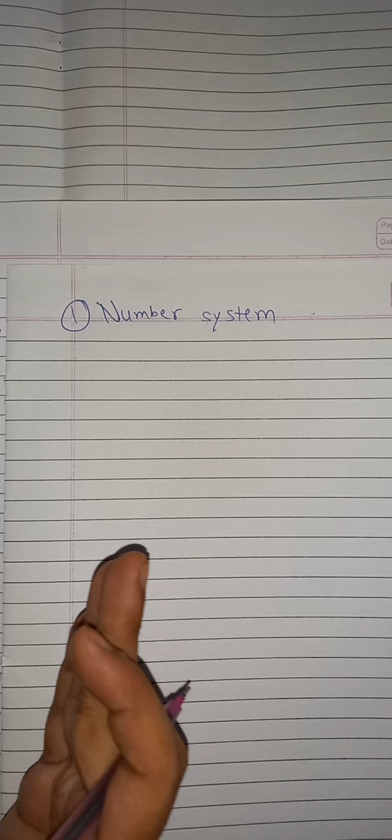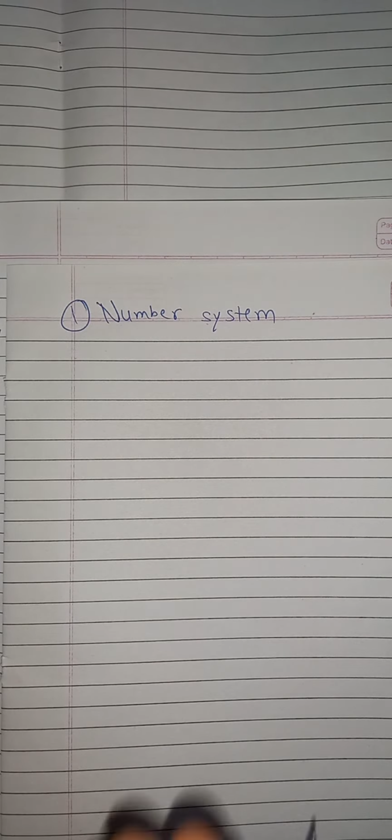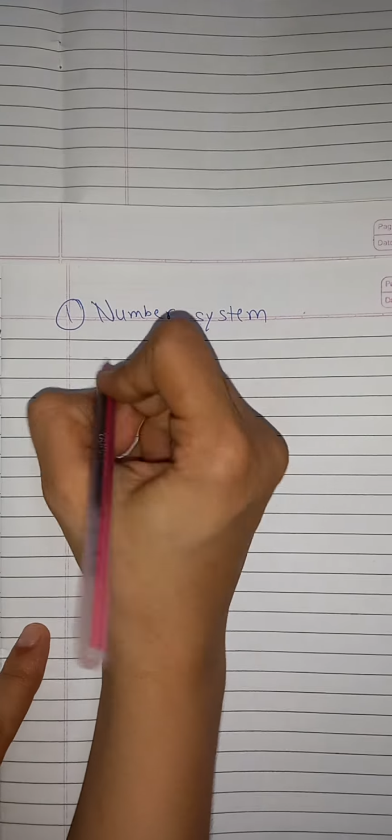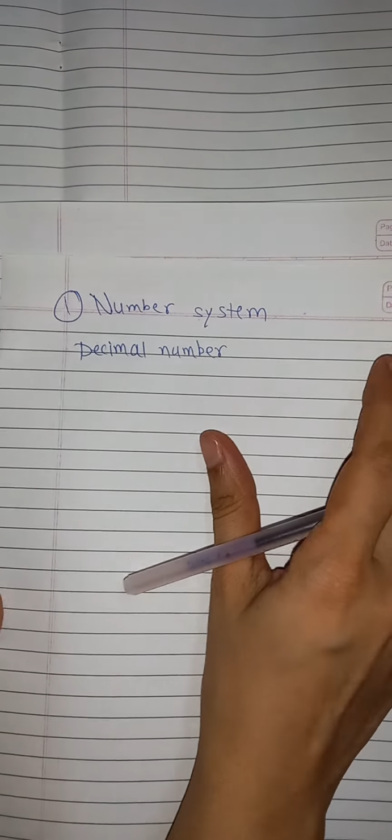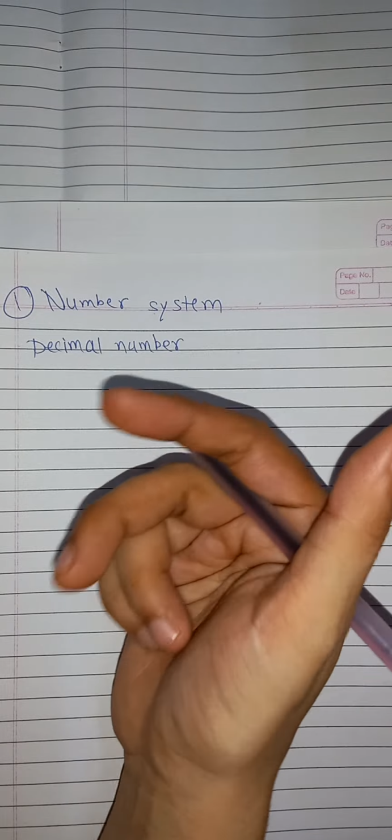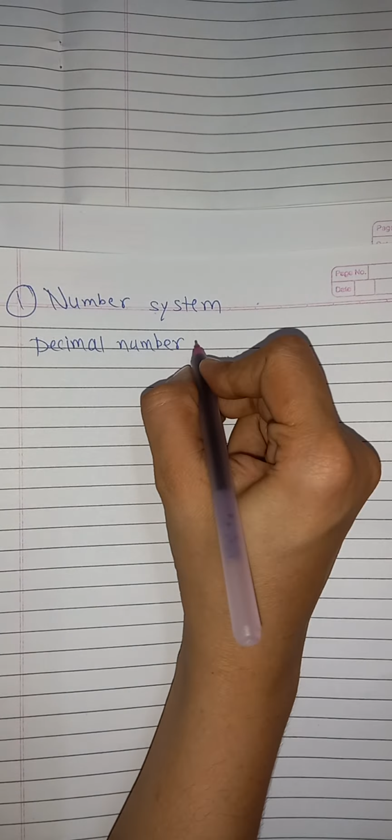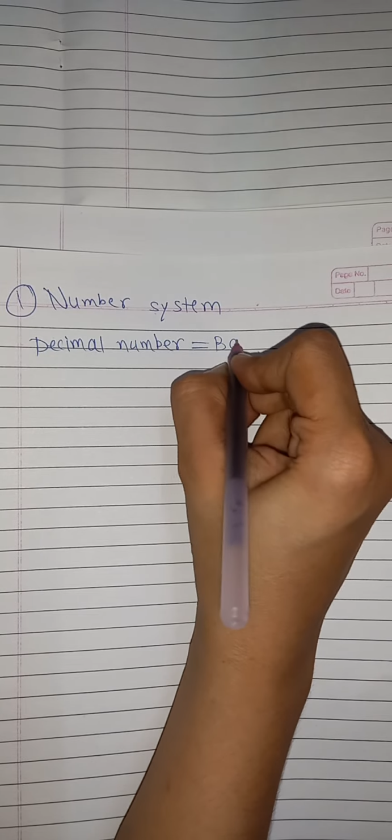So let's start with number system. The number systems are decimal number system, octal number system, hexadecimal number system, and binary system, and it includes some codes such as gray codes, binary coded decimal, that is BCD, XS3 codes, etc. First of all, I will introduce you to the decimal number system. The decimal number system is nothing but the numbers that we use in our day-to-day life while calculating. The decimal number system has base 10.